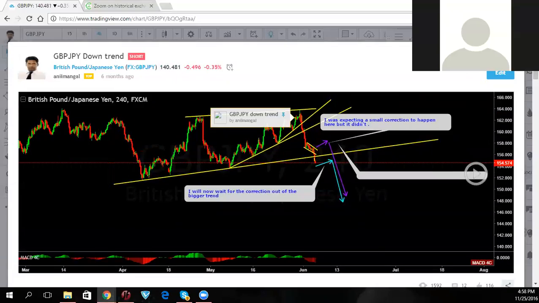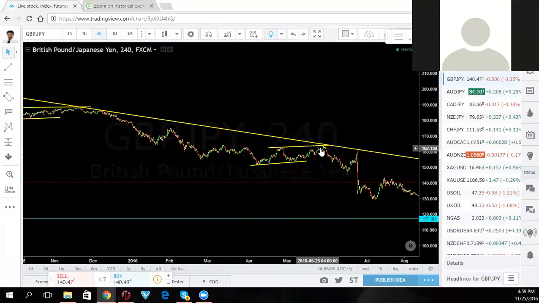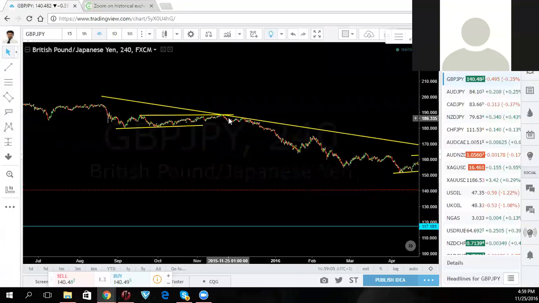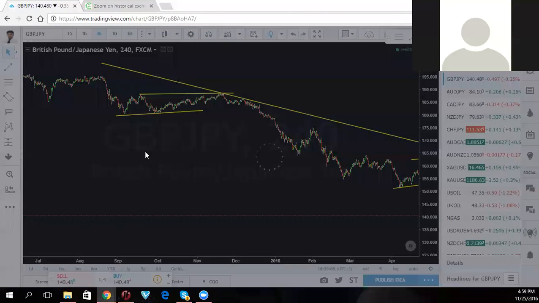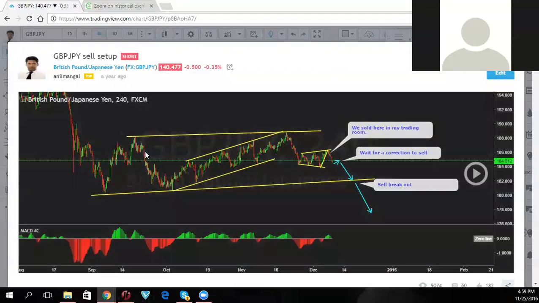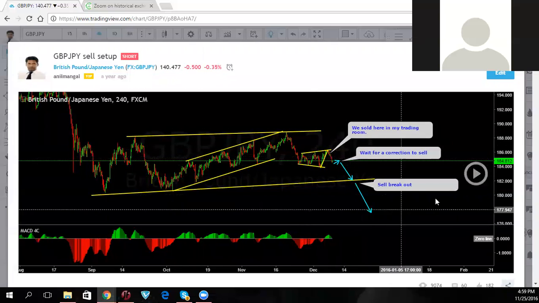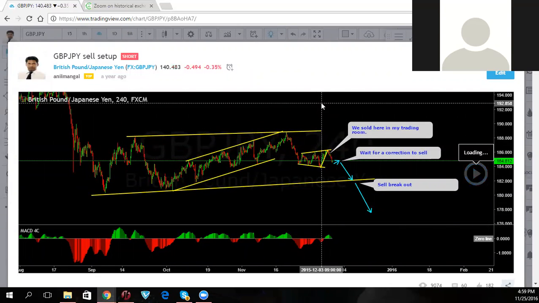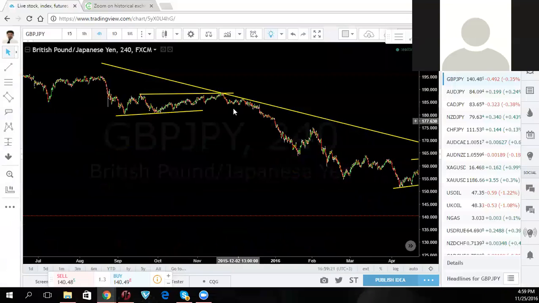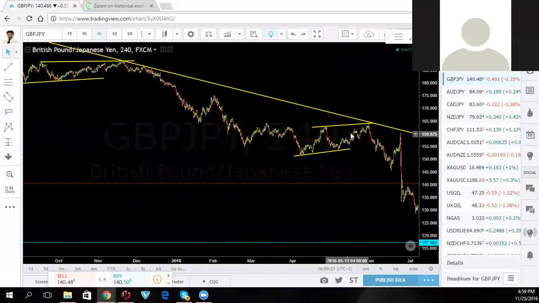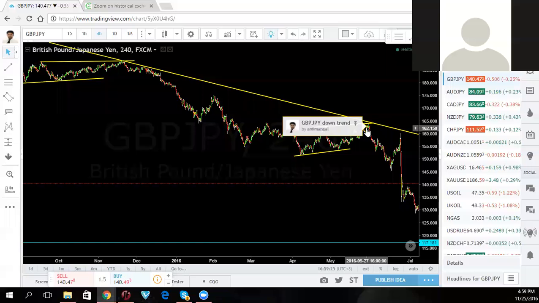Let me show you the previous one. Sorry, I missed the previous one. That was the one I should have clicked on. This is one when it's already going. Here is this one. This one I think is on the 1 hour. Sell setup. Why do we sell at those points? Why do you want to sell at this point to go down? Well, because you had a correction, and after a correction, they're going to go down. See where these points are? Here and here. Those are your selling points.